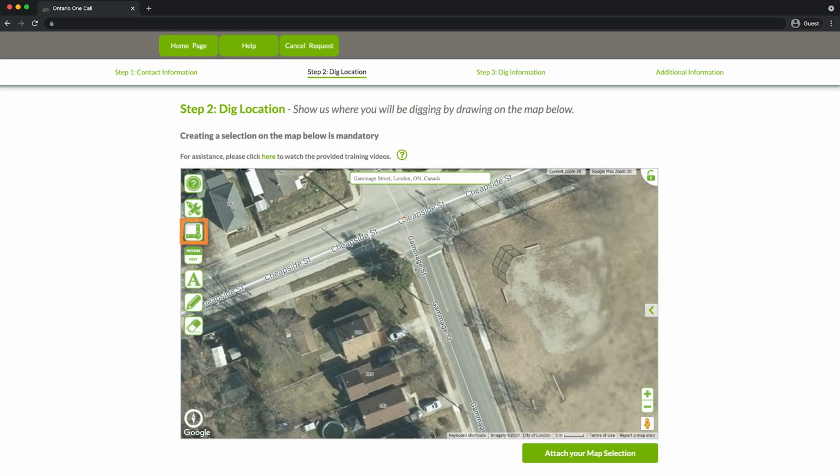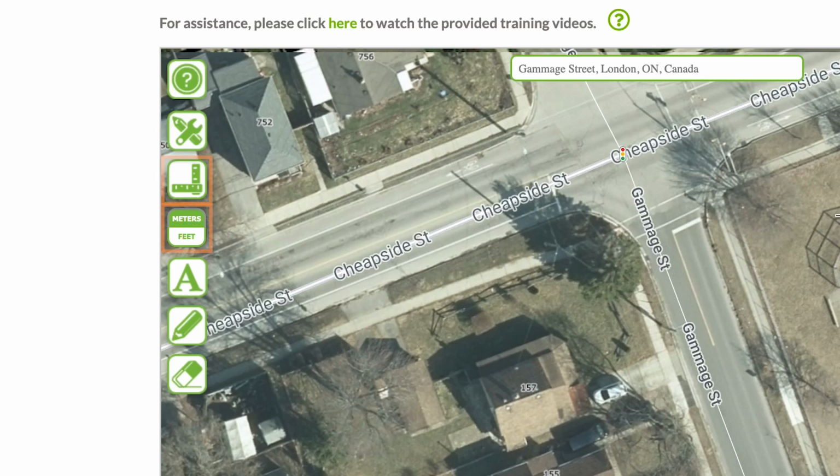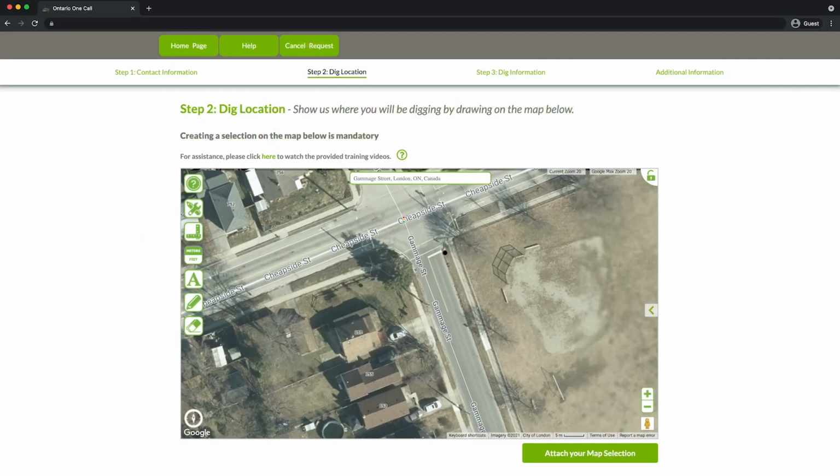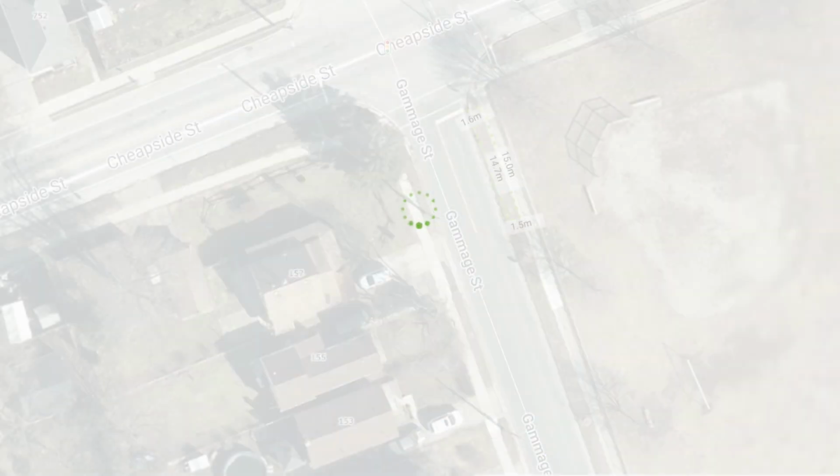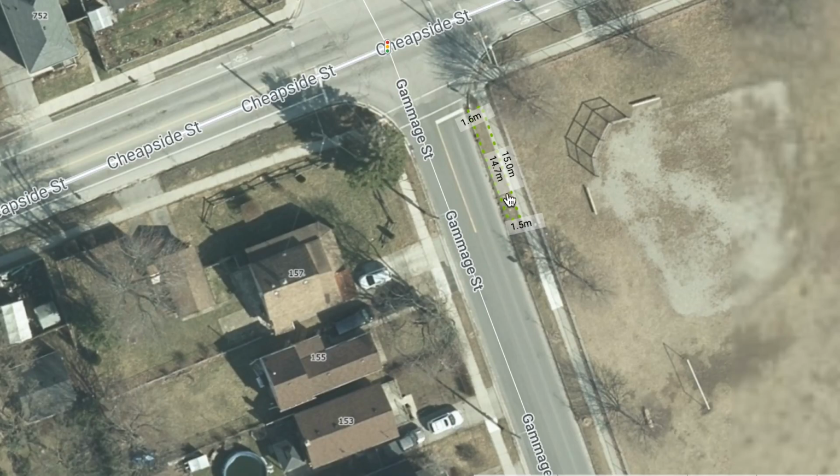This is a measuring tool. It will help you measure distances in either feet or meters. Please note, this tool is not a drawing tool, therefore it will not actually select anything on the map. Click once to start measuring from one point to another. If you need to change direction, such as measuring a curve, click a second time to create an anchor point. To stop measuring, double-click. Once your measurements are placed, you can click and drag them around to the correct location. You can also edit your measurements.